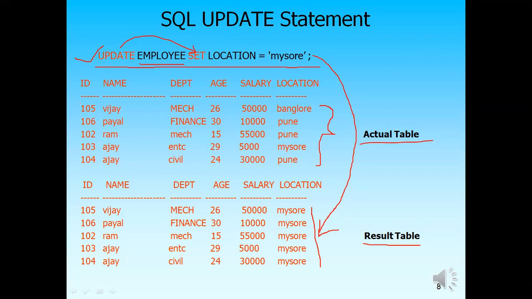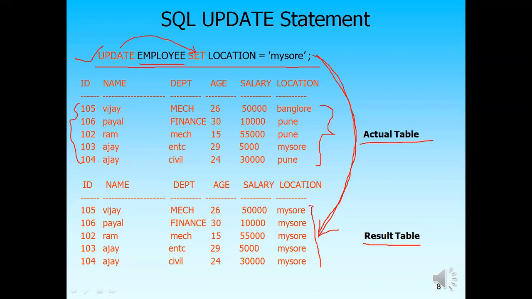There are a total of 5 records, with IDs 101, 105, 106, 102, 103, 104, and these are the values. Now I want to update the employee table and set the location to Mysore. If you execute this command, observe the locations: the first employee has Bangalore, the second and third have Pune, then Mysore and Pune. After executing this statement, the location of all the employees will be updated. The output of this statement will be that the location changes to Mysore for all the